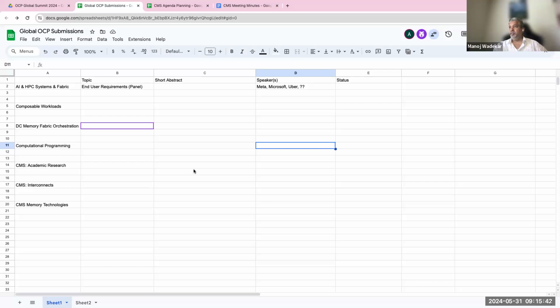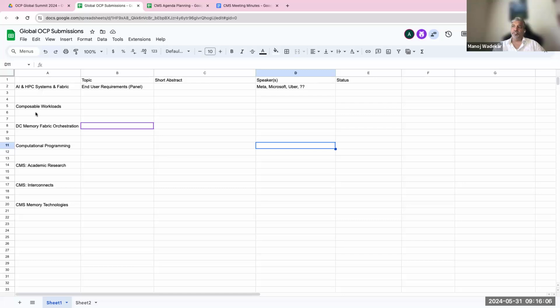So let's look at the areas and see if we are good there, and then like Reddy suggested, Reddy and I'll pre-populate based on last year, but then feel free to add to this sheet. This is open. I already posted it in the chat, and it is also in the meeting minutes.